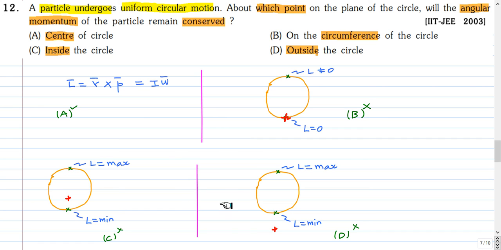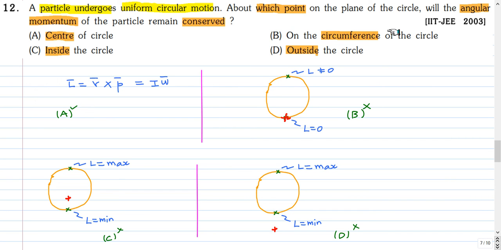The angular momentum about the center point is r cross p. r is not going to change as the particle keeps moving along the circumference of the circle, and the velocity magnitude is constant. So r cross p is m v r, which is the same as m omega r squared, which is equal to I omega. Omega is constant, so angular momentum is conserved about the center of the circle. So option A is correct.